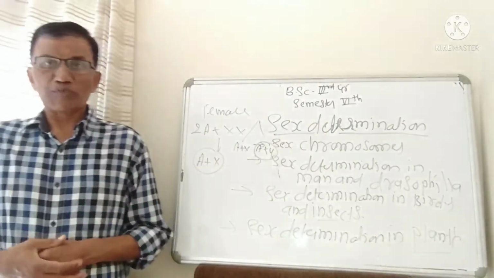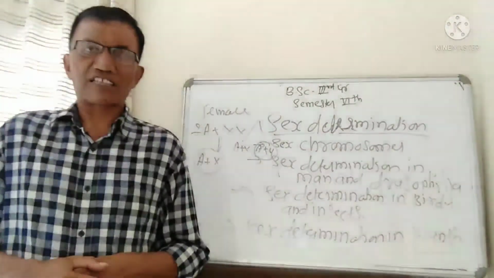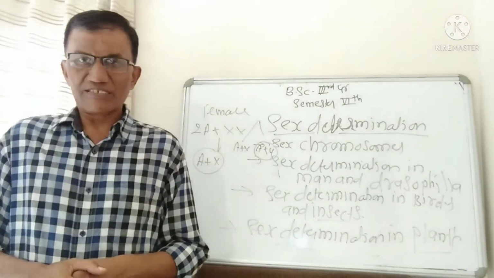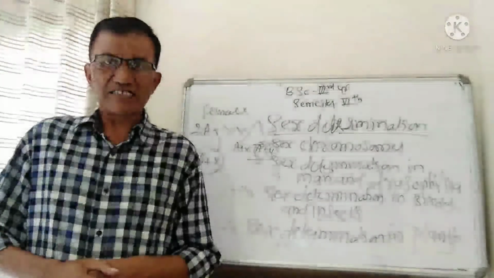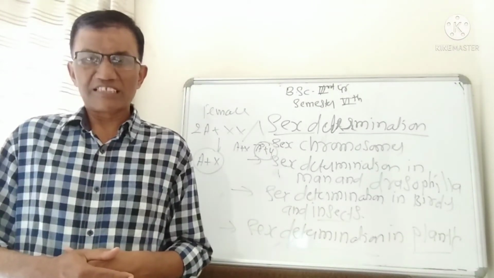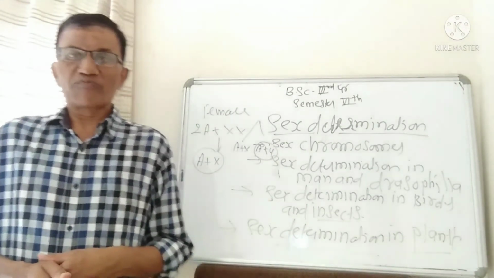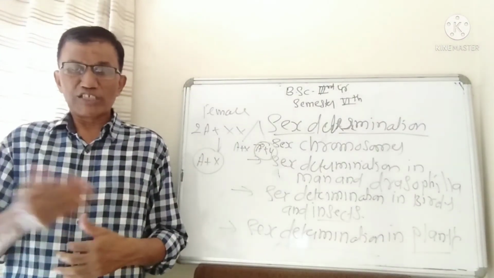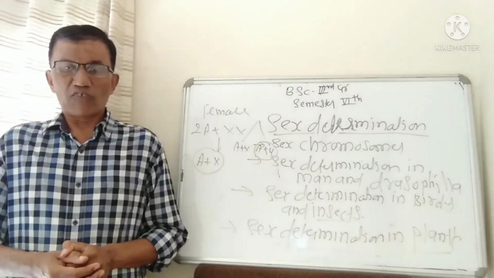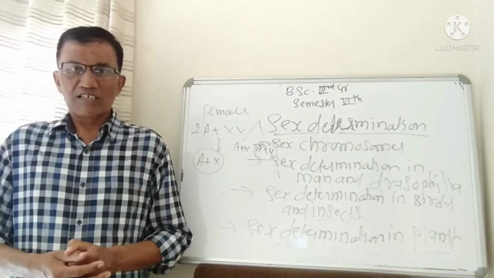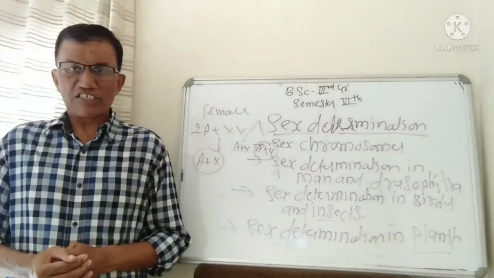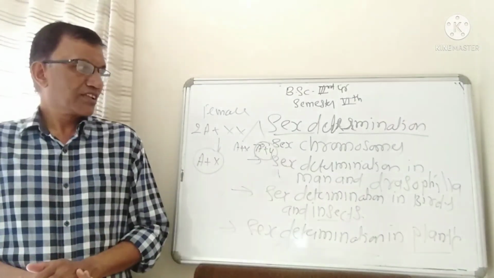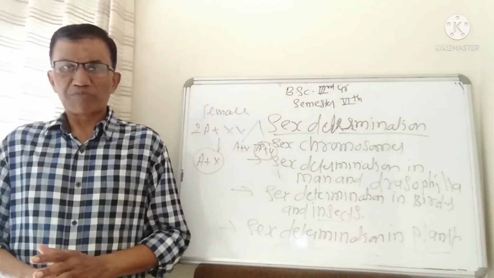After that, I am going to discuss the fine structure of genes and gene-related diseases. That is also one of the most important bits. And after that, I am going to deal with the biotechnology part: recombinant DNA, gene cloning, what vectors are, the use of vectors in genetic engineering, and the role of genetic engineering in plant breeding. These are some of the important aspects. I will cover all these things within 2 to 3 periods. Thank you, one and all.